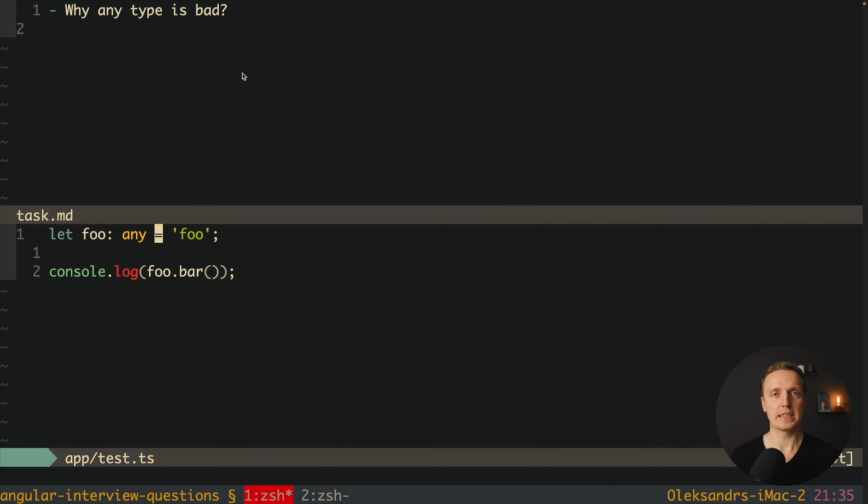But the main problem here is that typically people don't want to use any at all. They are using it just to fix their TypeScript problem, which actually means if the person is just a beginner, typically he will get some TypeScript error that he can't understand and can't fix fast. And in this case, he will just use any to fix his problem.